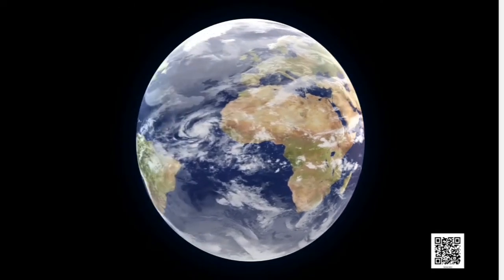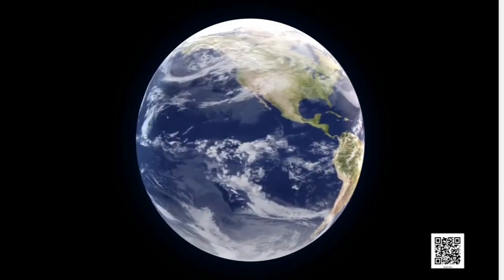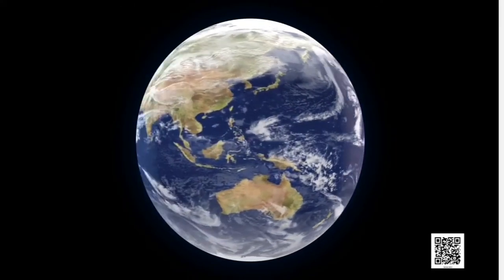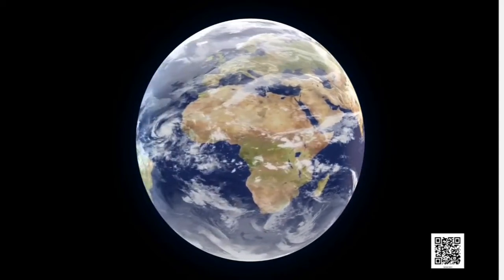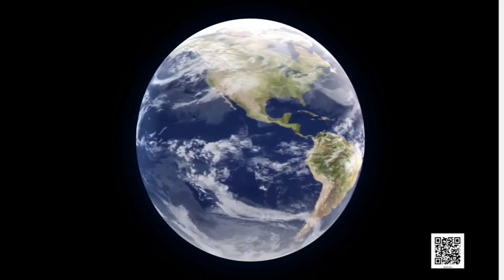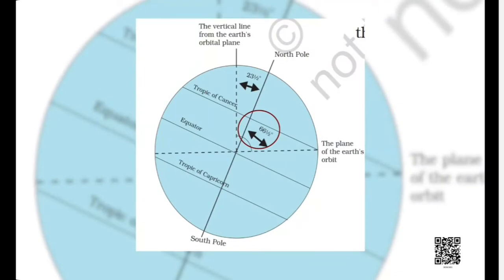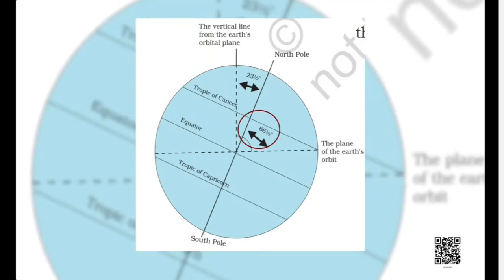Earth rotates from west to east. It takes 24 hours to complete one rotation. Now study these pictures carefully. The Earth's axis of rotation is tilted